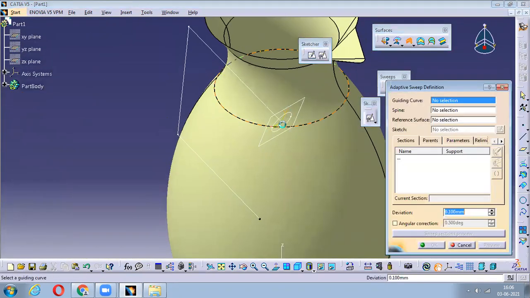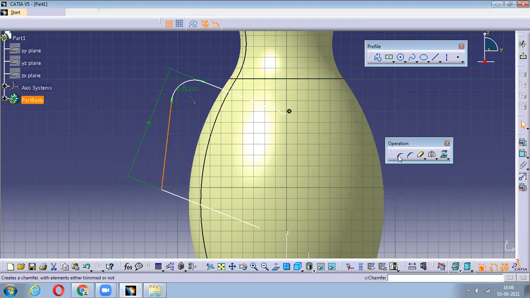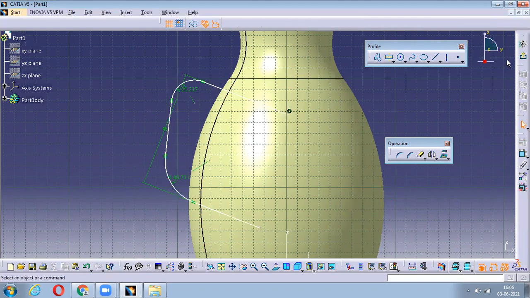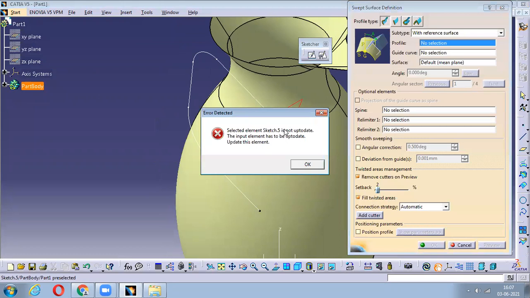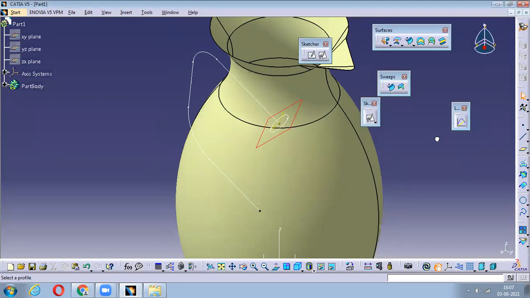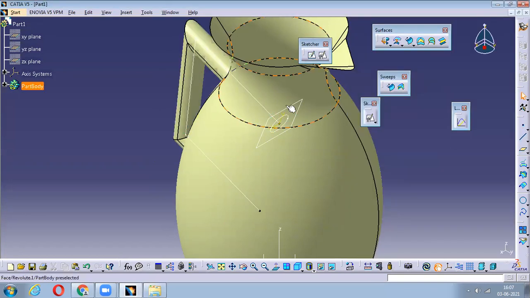Now go with the sweep here. I'll make them a little bit curvy, and go with this trim command. I'll say exit to this. Now I'll go with the sweep. I guess I got some issues, so let it be sharp only for now. I'll select this one and this path. It's quite hard to see, so just make this guide curve curvy. Okay, I just forgot to make it curvy.